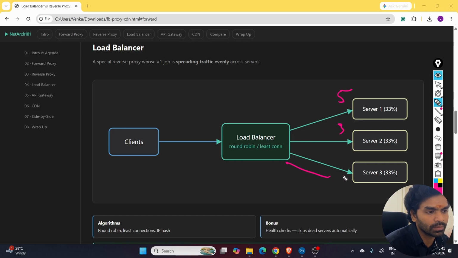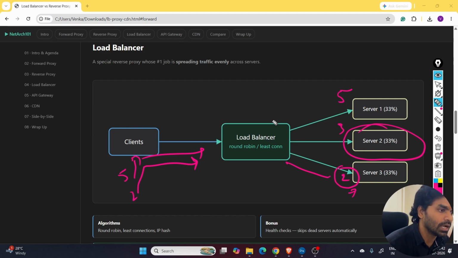Now remaining people are 2 people. Now let's say another 5 people are trying to access your application. It immediately sees the number 2 here and sends all the remaining 5 people to here. Now it is 7. Next time, again 2 more people are trying to access your application. In that scenario, it will send that traffic to this server. That's how this